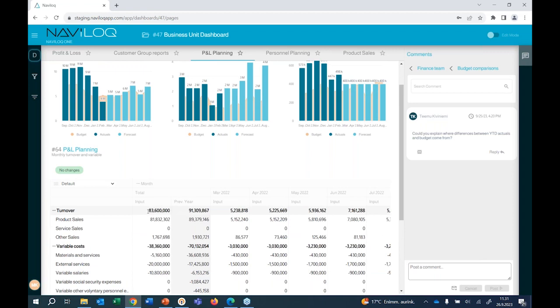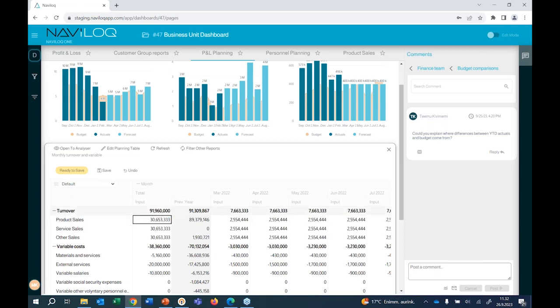So let's say we want to do a quick forecast update and just increase the total amount of turnover by 10% in this latest forecast. I can go ahead and directly start typing in a formula here in the cell. So 1.1 times the previous amount that I had, and click enter. And it will automatically increase the total amount of revenue that I'm forecasting. I could also choose one of the default